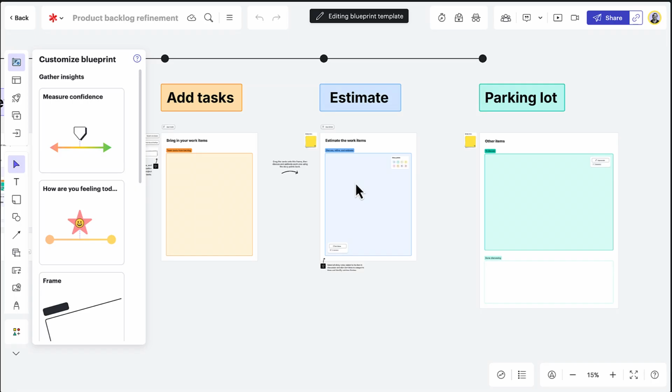Now, for me as an Agile Accelerator manager, it's important for me to make sure that I understand how my team is feeling about these estimates. Are they confident? And why are they confident? So to capture this information, I'm going to put two different insights here on this frame. I'm going to go over here to Customize Blueprint, and I'm going to drag this Measure Confidence Single Access Visual